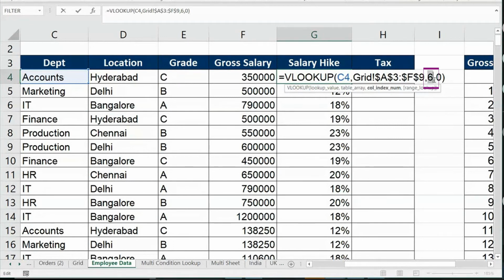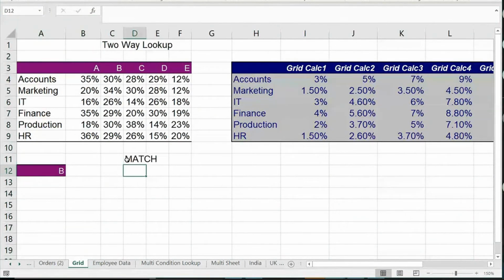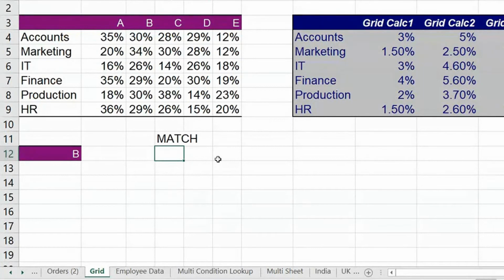If the grade is A, it should be 2. The grade is B, it should be 3. The grade is C, it should be 4, like that. So here where one of the wonderful lookup function match is helpful. Guys, for whom this match is very new, look at this. This is actually a function. I'll give you a definition of it.